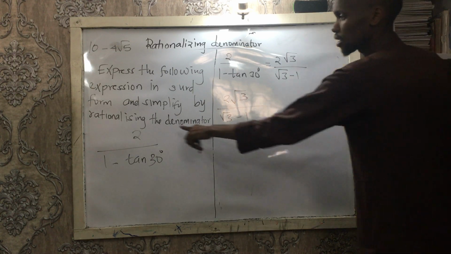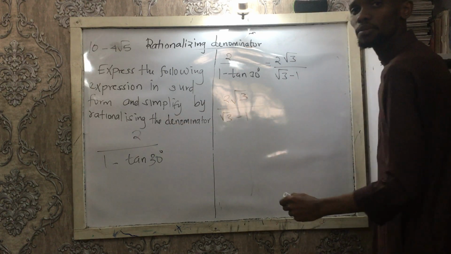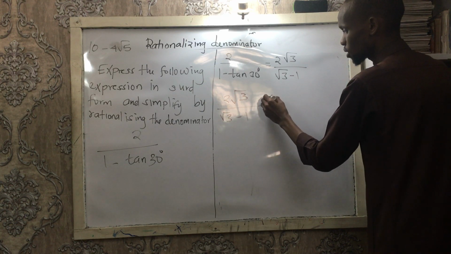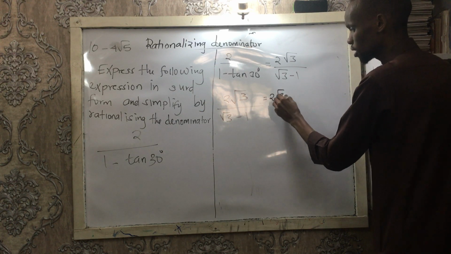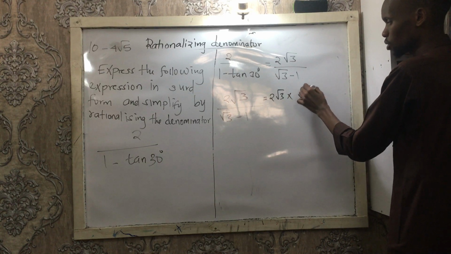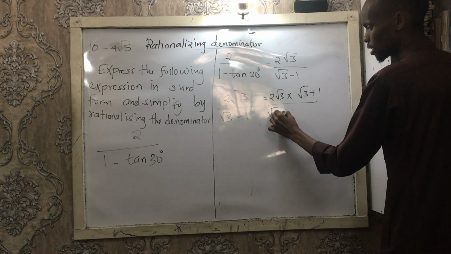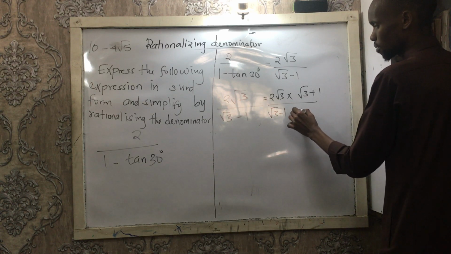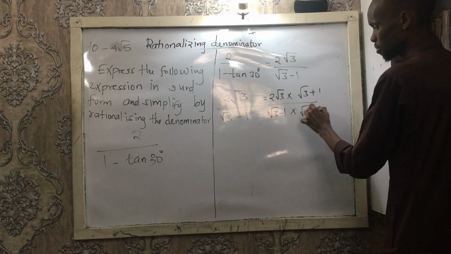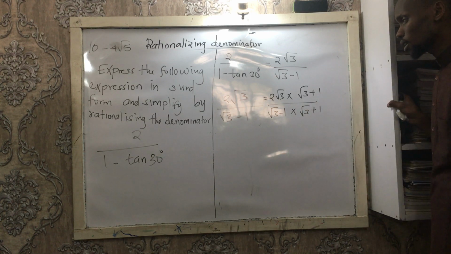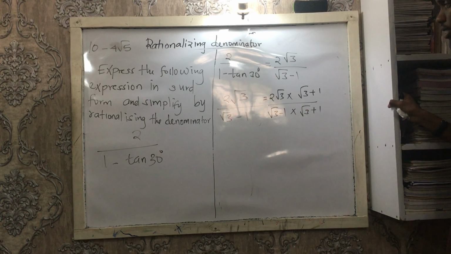So you remember simplifying by rationalizing the denominator, we do the conjugate of this one, right? So the conjugate will be equals to 2 over the root of 3 multiplied by the root of 3 plus 1, right? Over the root of 3 minus 1, right? Multiplied by the root of 3 plus 1, we are together, right? Now let's solve the numerator and the denominator, right? So our numerator will be,